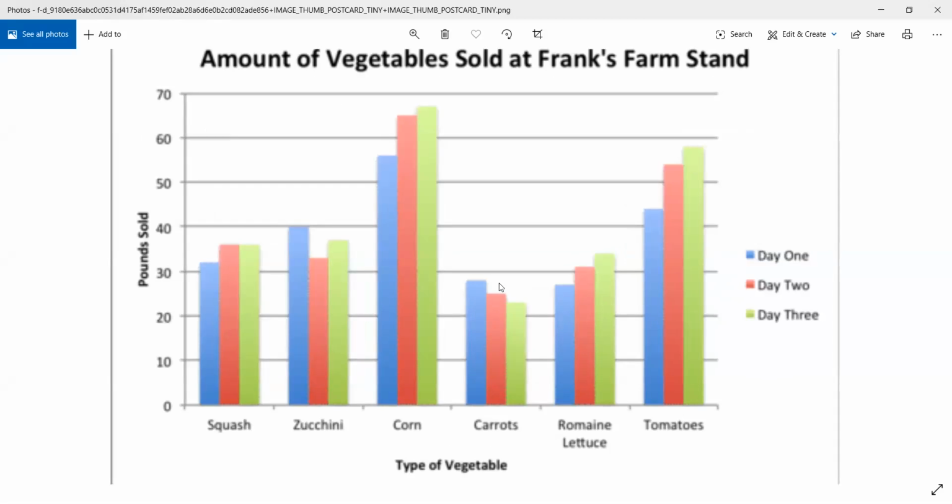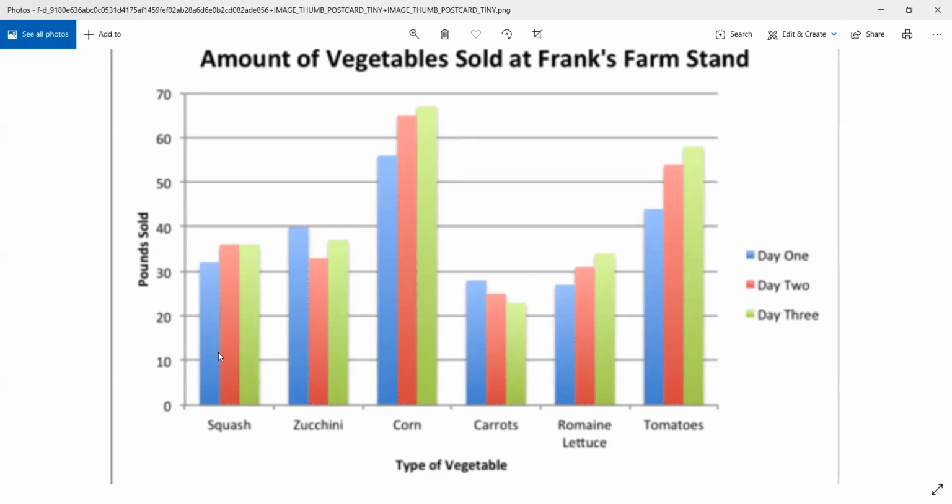इसमें you have multiples. So for example, we are measuring the pounds of vegetables sold versus different vegetables. Now your components being different, your variables being based on day 1, day 2 and day 3. So on day 1 how much squash was sold in pounds, or on day 1 how much corn was sold. You can see the figures in different colors. So blue represents all the sales on day 1 in pounds, and green represents those on day 3, red represents those on day 2. You can see here, you can put all of these side by side in a